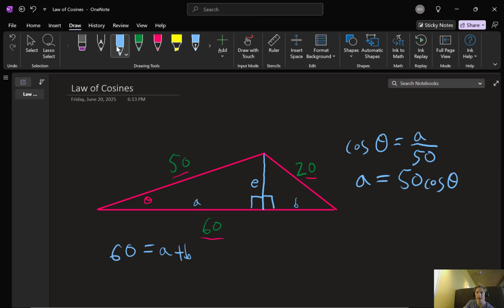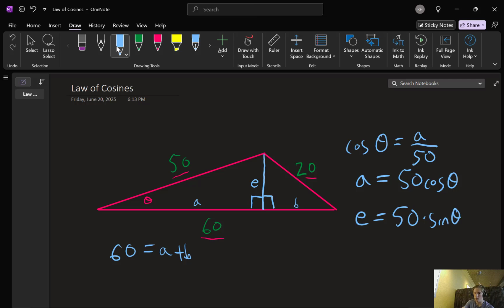And then we can do the same thing for E. Sine of theta is equal to opposite over hypotenuse, and we can see E is opposite, and the hypotenuse is 50. So we can multiply both sides by 50, and we get E is equal to 50 times sine of